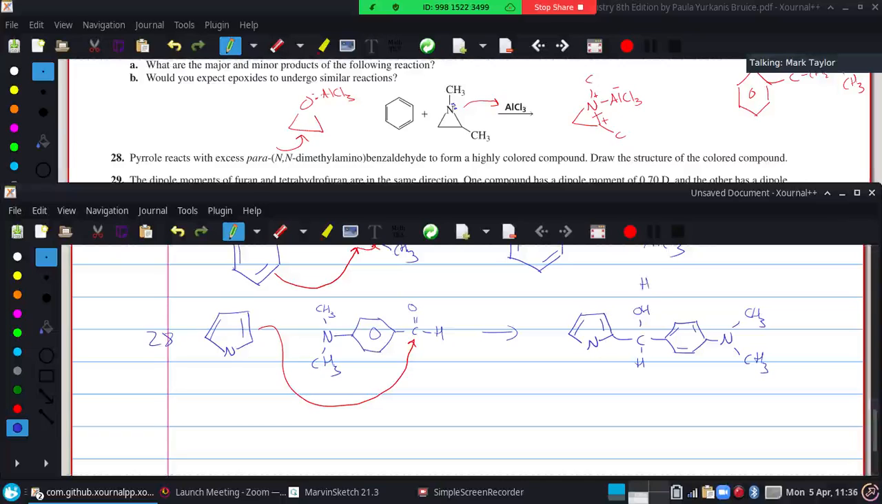NH from something goes on there, allows this to turn into a good leaving group, and it will. These jump down there, those come up there, and this lone pair moves down here, giving us